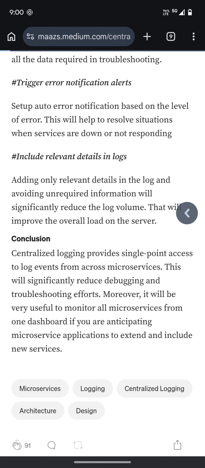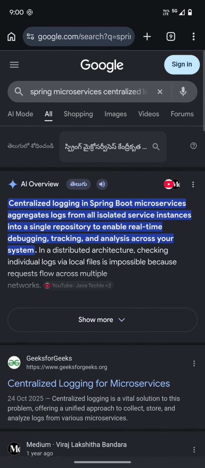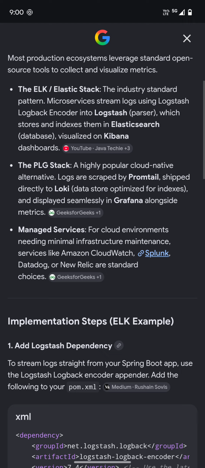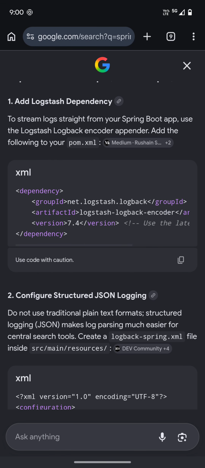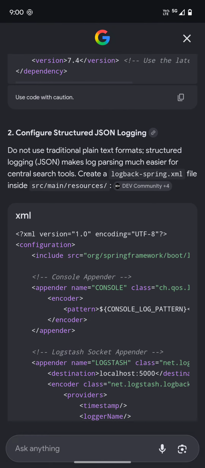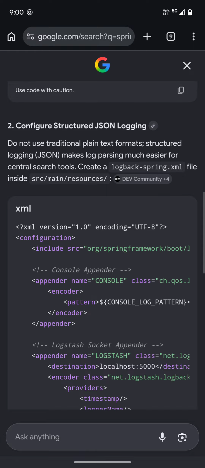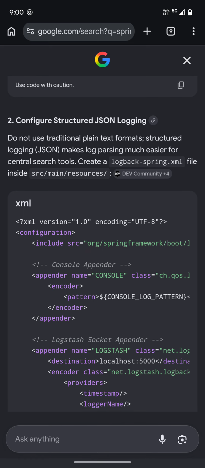Okay, I just wanted to explain some of the coding part. You can see here we have a dependency. You can see we are using the dependency net.logstash.logback, the group ID, and the artifact is logstash. You have to configure the structure for logging. So here you can see this is a logback-spring.xml file.